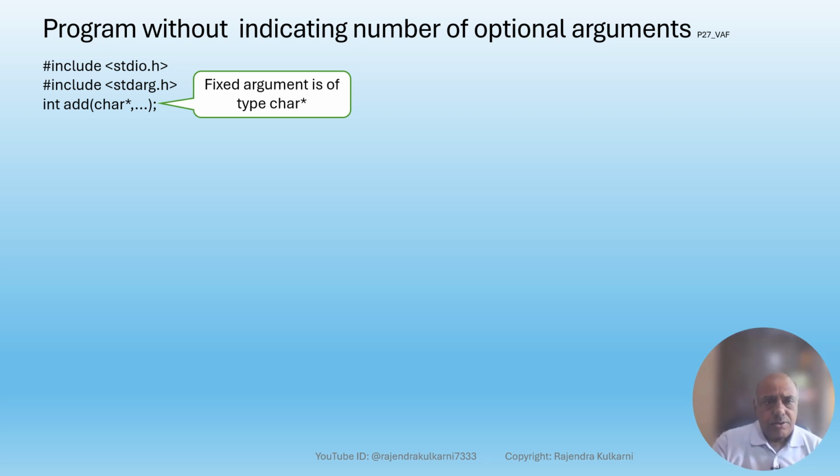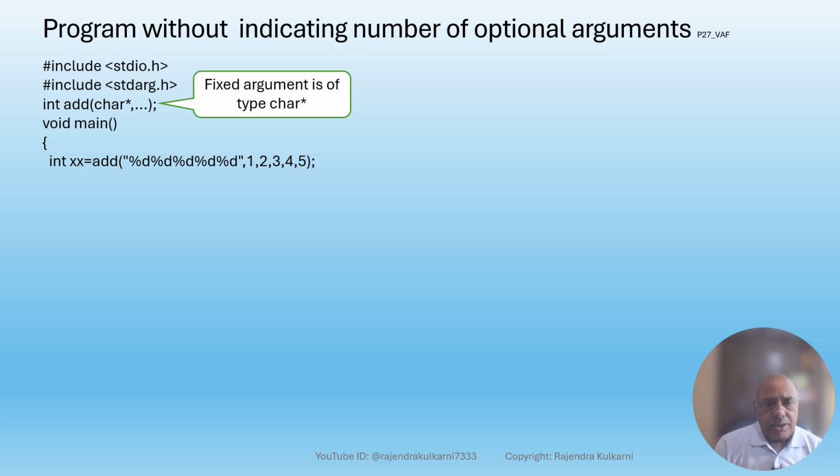This is the function prototype. Then I have written a small statement, int xx. xx is the int variable declared in main, to which we are assigning the value that will be returned by this function